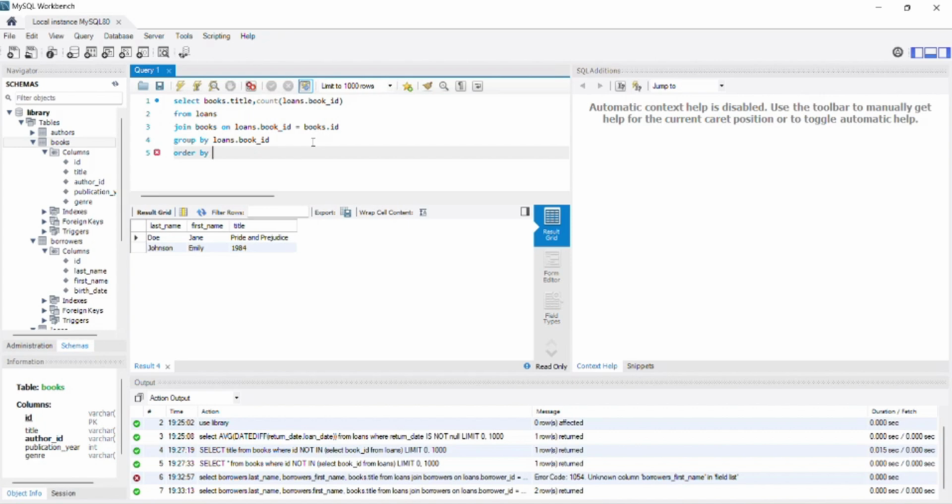I will name it so that I can use it in the order by clause. I will name it, for example, loan book. Yes, loan book is good. And loan count, and then we should order by this loan count, but we should specify